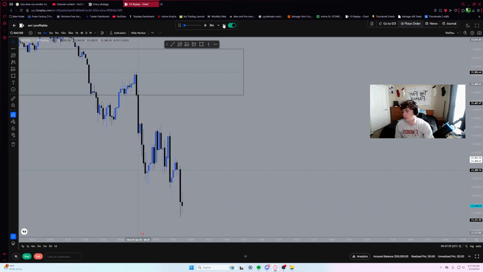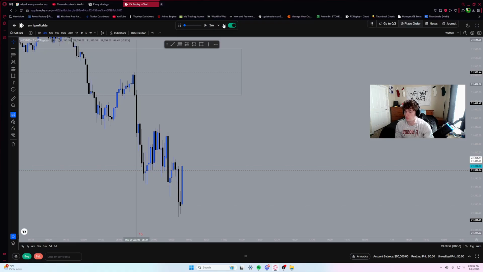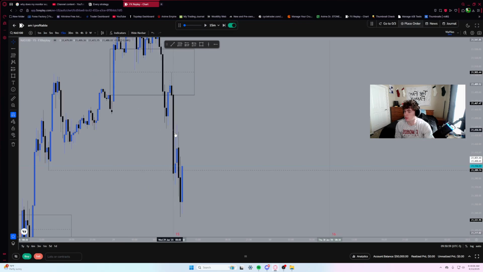Consolidation, we get a breakout. Breaker block, retracement. Let's see if price...